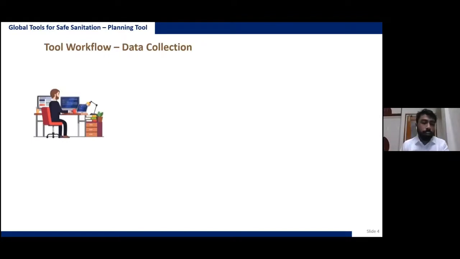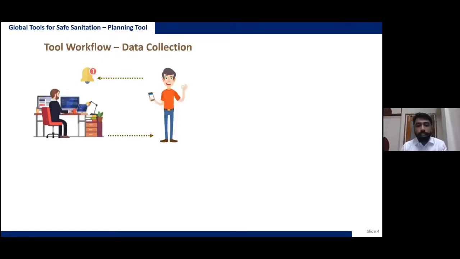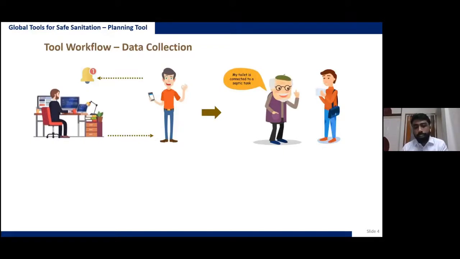So on the tool workflow, as I mentioned, from a central server you can initiate the data collection process. The enumerators will get a notification asking whether they are willing to accept the survey or not, or take part in that survey or not. Once they click on that notification, you will get a notification that yes, your enumerators are already on the field and they have agreed to carry out the survey for you. And then they can go on to the field and collect data from the households